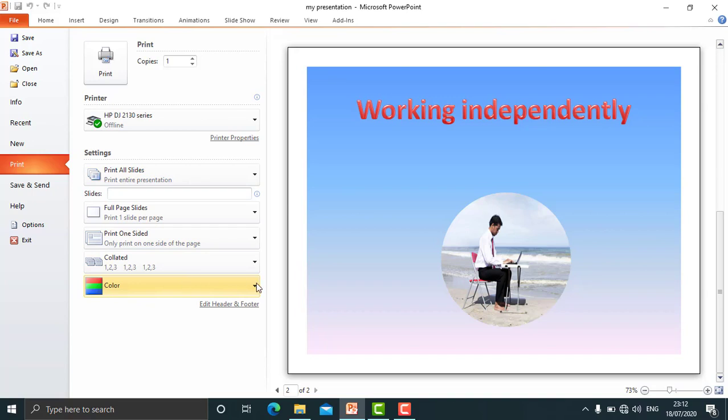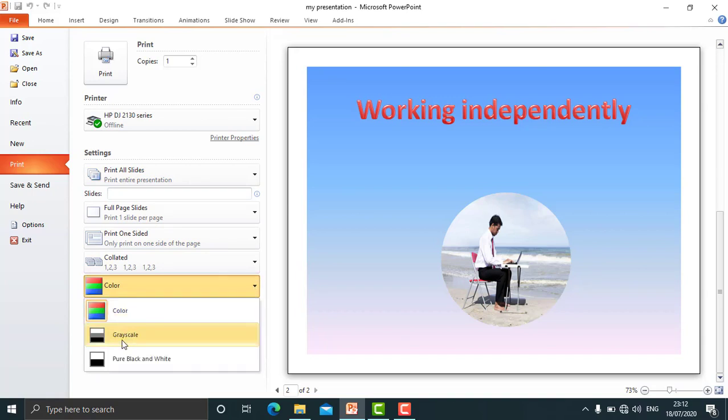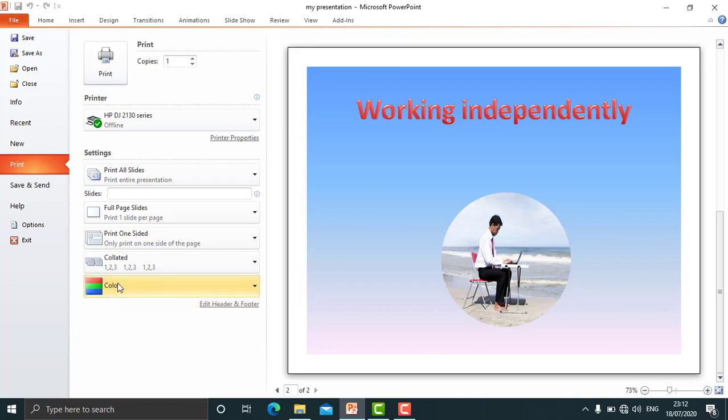Even option is here for color, you can get it in color, you can get it in grayscale, you can get it in pure black and white, whichever you want you can get through. And finally click on print.